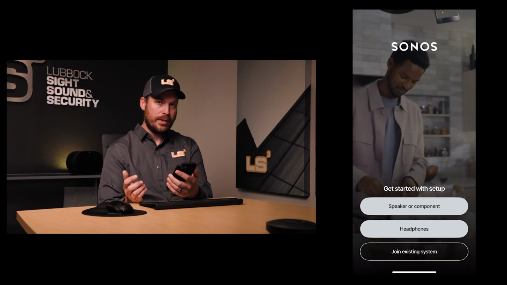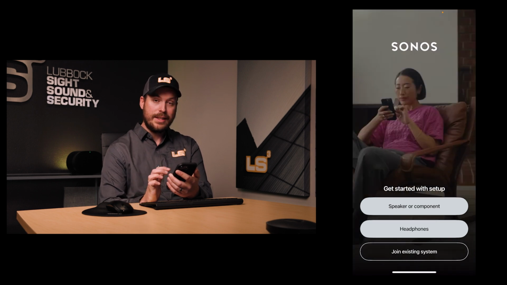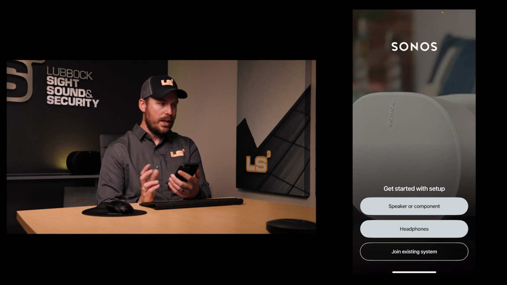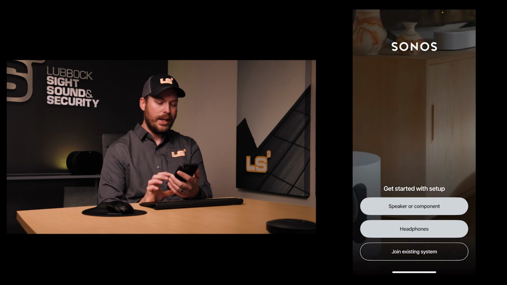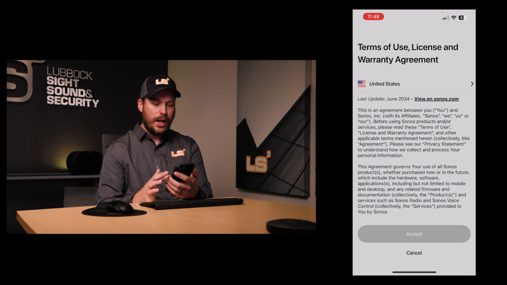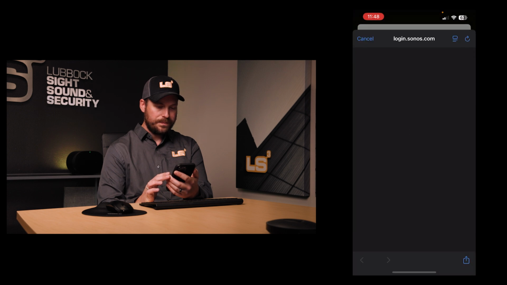You want to make sure you're on the same Wi-Fi, obviously, just to make sure that it can see the Sonos products that are on your network. But for this example, for the initial account creation, let's just click speaker or component. This should pull up a license agreement page. We're going to accept this, hit continue,